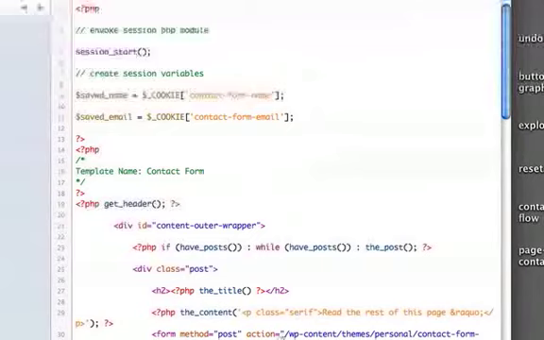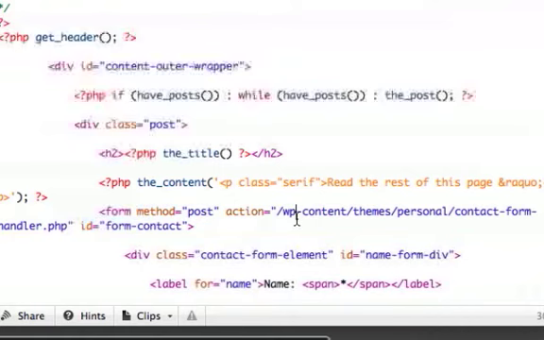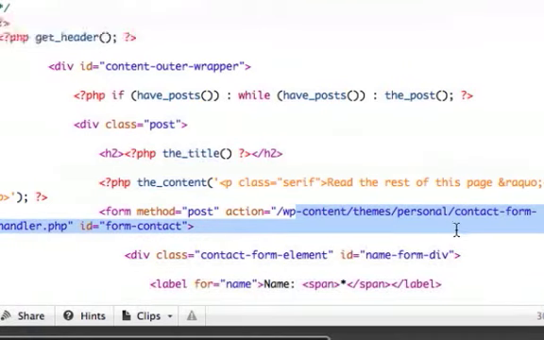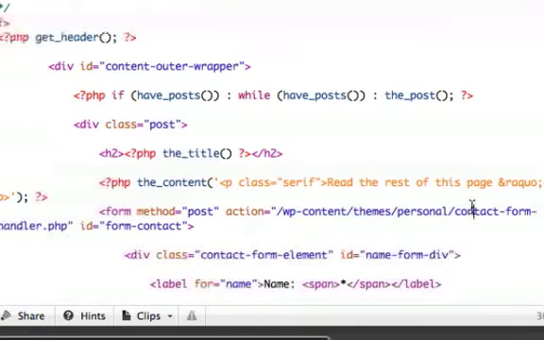So when we submit, it goes to the action URL, which is in my theme folder, but to separate things I should probably put it at the root, which is something I'll probably do after this video, because it's not part of my theme and it shouldn't have to drill down all the way to my theme folder to get to this file, but it's just the way things turned out. So we're doing a post. So post those variables to this